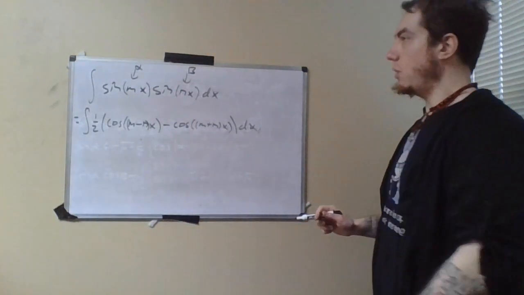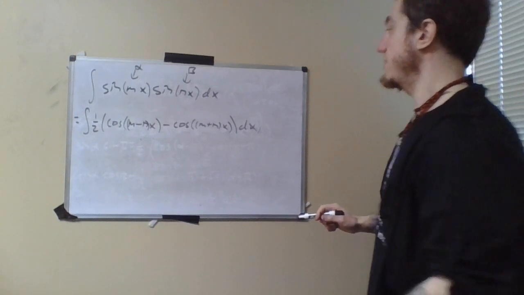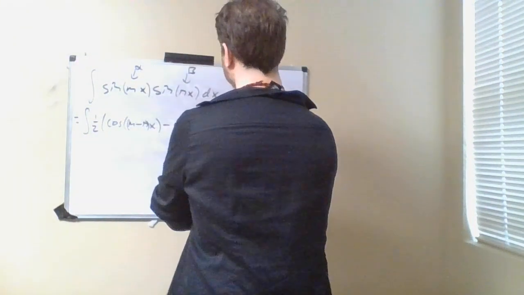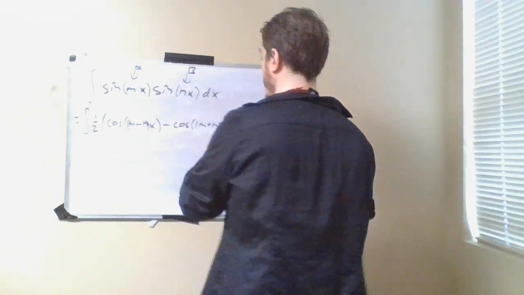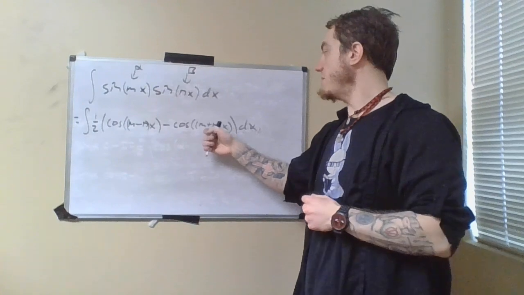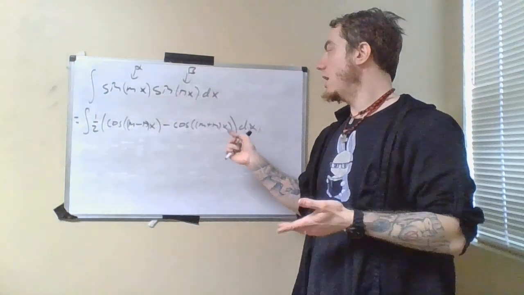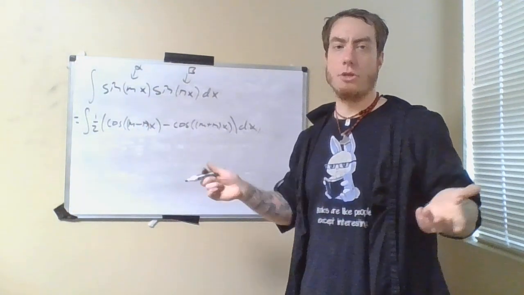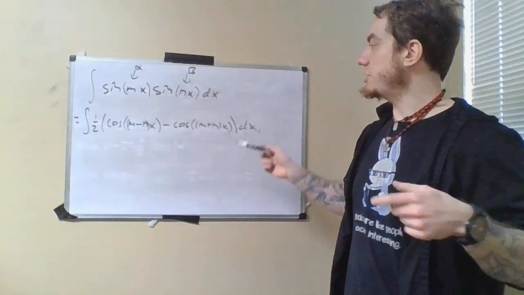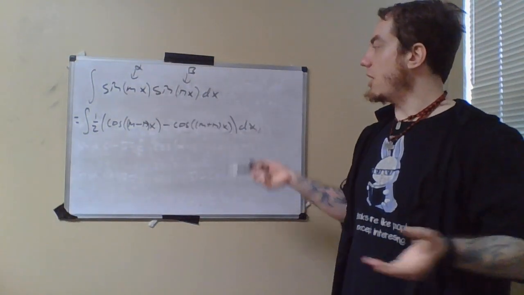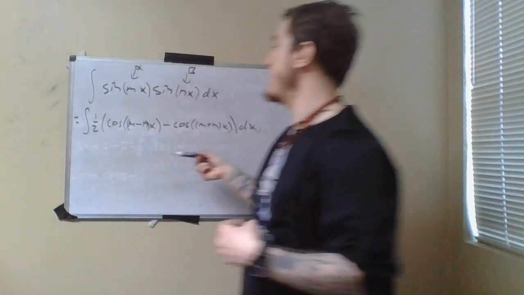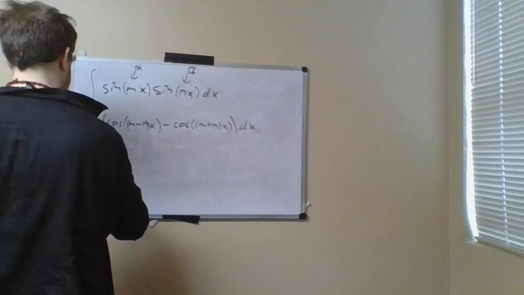Well, what this comes out to be is assuming that m and n are not equal, because the problem that we might run into here is maybe one of these is just 0, and maybe the other one isn't 0, but one of them could have come out to be 0, in which case these just give me 1. But otherwise, I just do both of these by a u substitution, and I would end up with